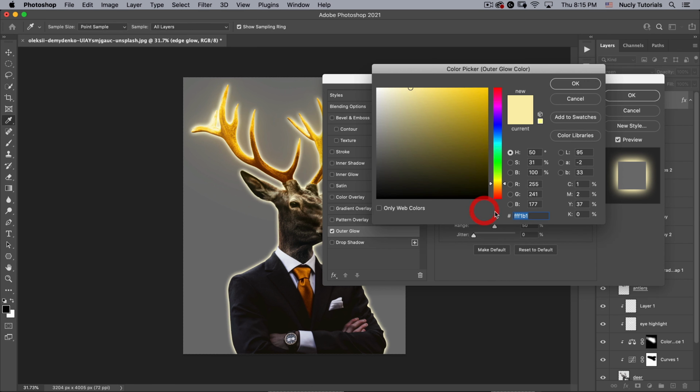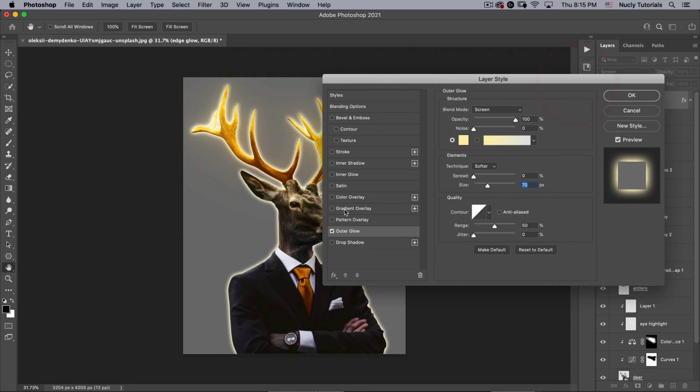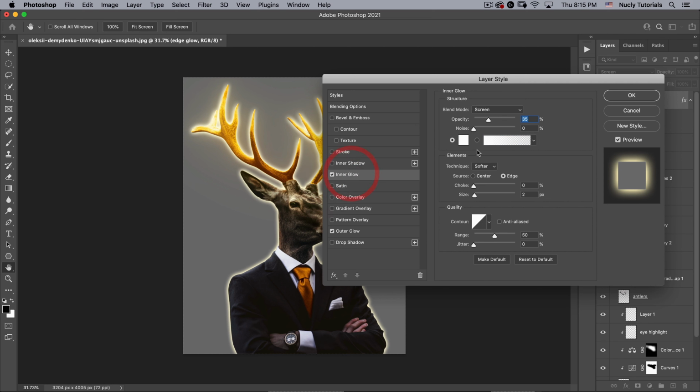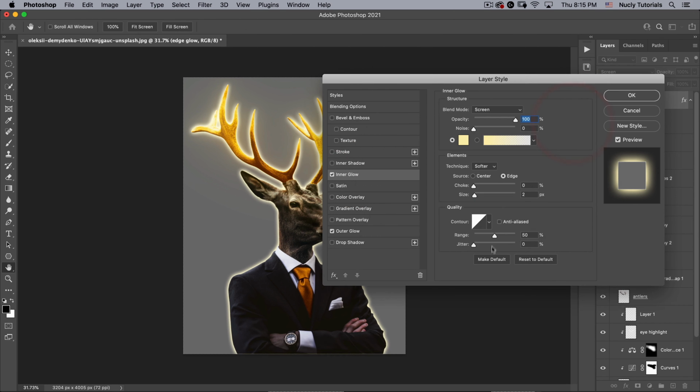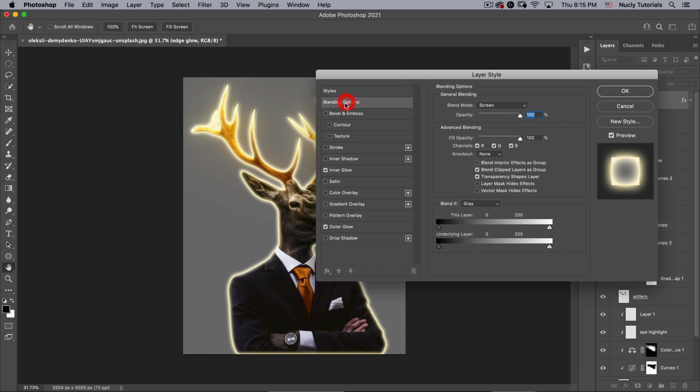And I'm going to copy this, Command C, and then go to Inner Glow, turn that on, paste that color in here, put this on 100%, and also increase the size of this. I'm going to make this one a little bit smaller at about 62%. And then important here is that we go up to blending options and click this one, Layer Mask Hides Effects.